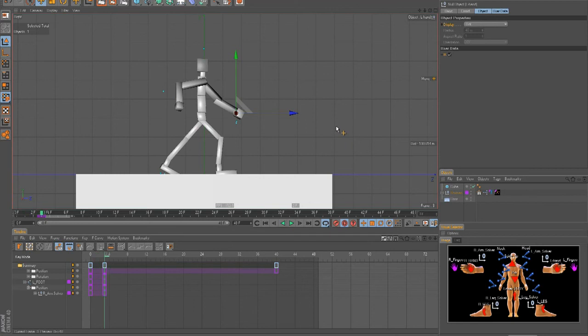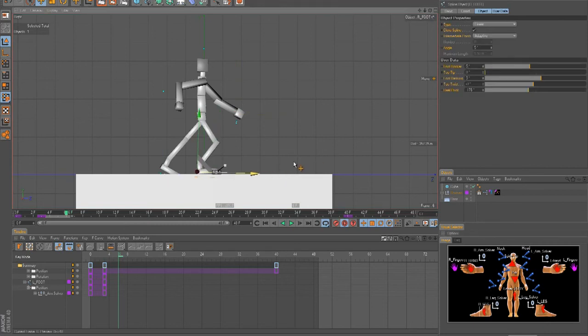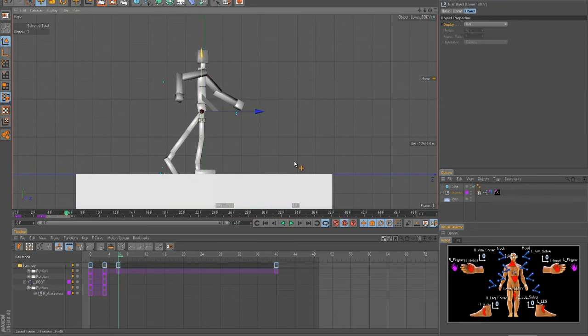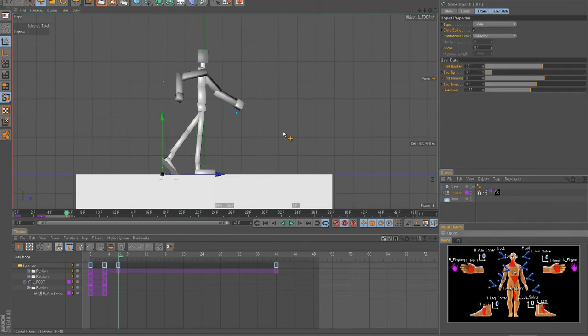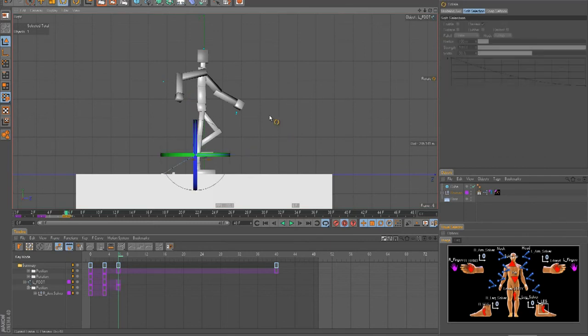And then we'll go forward 1, 2, 3 more frames. You can change this after, like the timing, so don't worry about it. So then this one is the pass, so you can just go straight back. And when you're doing this, you can screw with the F curves and stuff after to make sure it's right, but this is kind of something for stop motion. So if you want a walk cycle that's regular, so it doesn't have beats in it, changing the amount of space in between the poses, then every time you move one of these feet, just try to space out the keyframes evenly. So you're moving